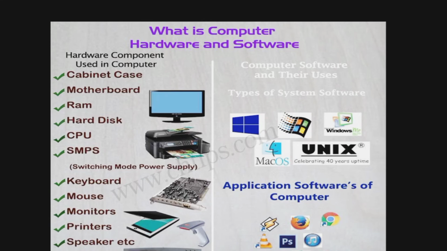Now, moving towards computer software. There are different types of computer software.